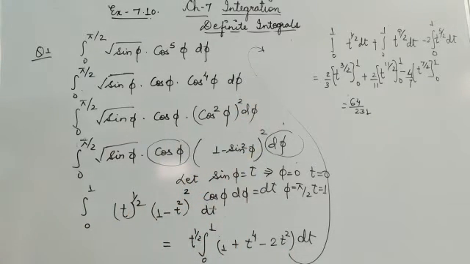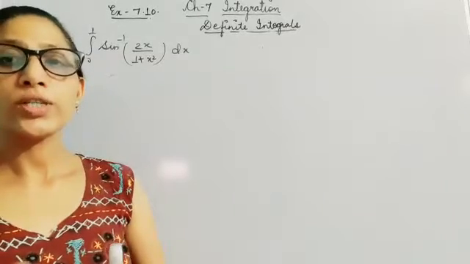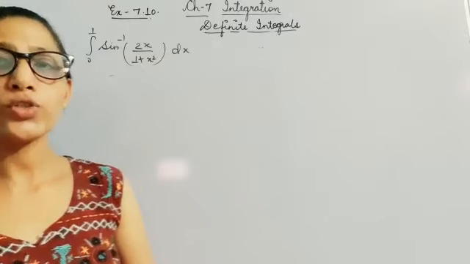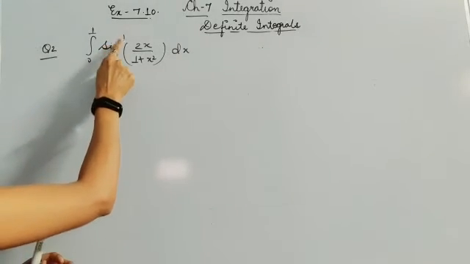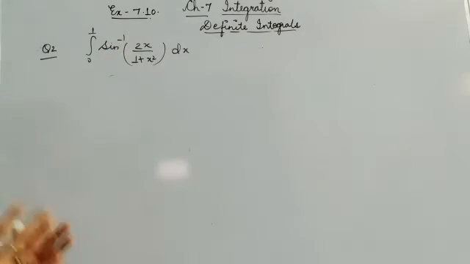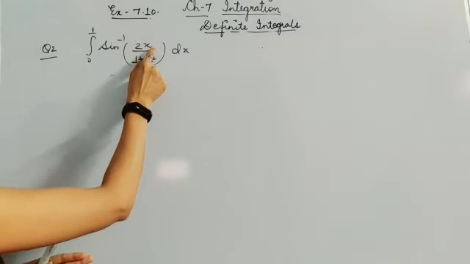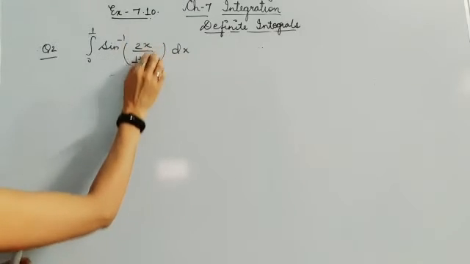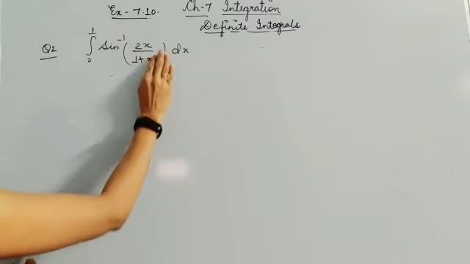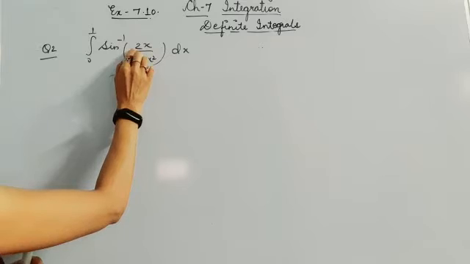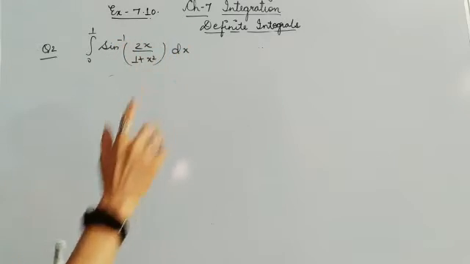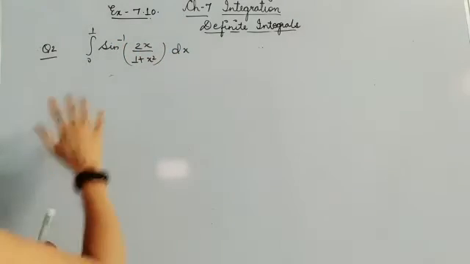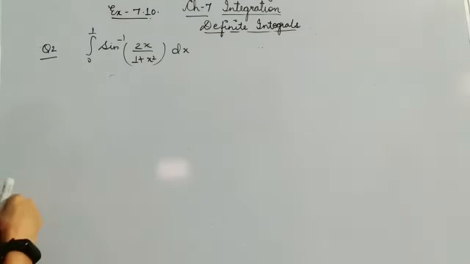So you are getting 64 by 231 as your answer. Children, whenever you get a question of inverse trigonometric form, you should always try to substitute the value of x. That means I just want to get this 2x upon 1 plus x square in sine form, so that sine inverse and sine can self adjust and I can get a simple function.